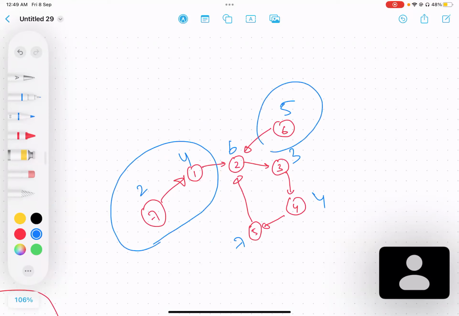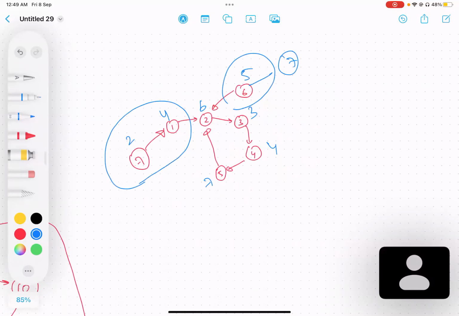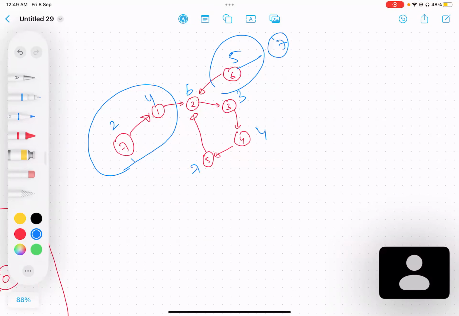So you can see that for the non-cyclic part, let's say we have 7 also here, right? For the non-cyclic part, what we can do is find it in a topologically sorted manner, right? What I mean to say is, we can start from this 7, then we can move to 1. Similarly, this was 7, right? And let's say this is 8 then. So we can start from 7. If you start from 7, then since 7 depends on 1, and it has not yet been taken,